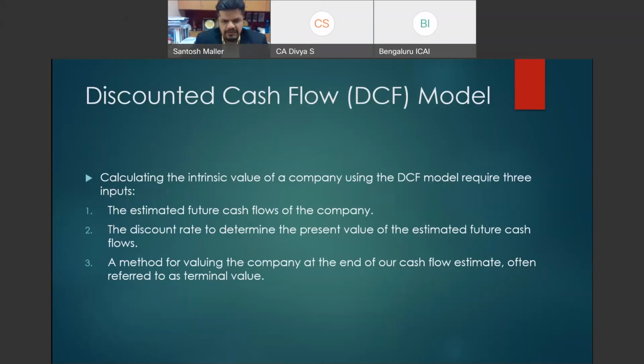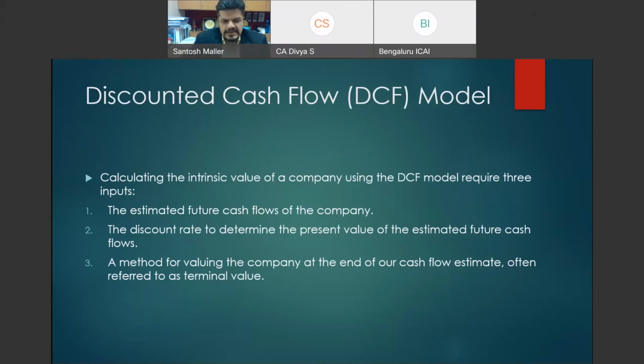Similarly, the discount rate, as I discussed earlier, depends on the WACC, the weighted average cost of capital. It depends on which sector the company is in, which geography it belongs to, which promoter group it has, whether there is a past default history, what the credit rating is, what the management is like and whether it's competent enough, and what business it is into, whether it's a fast, cash-rich business, or a cash guzzler with a long gestation period. Those kinds of aspects will have to be considered while determining the discount rate.